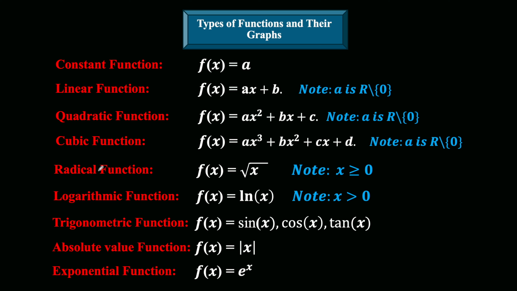In this video, we'll talk about types of functions and their graphs. Basically, for each of those functions, constant function, linear function, and so on, each function has its own way to represent its graph. So the first function is the constant function, which is given by f of x is equal to